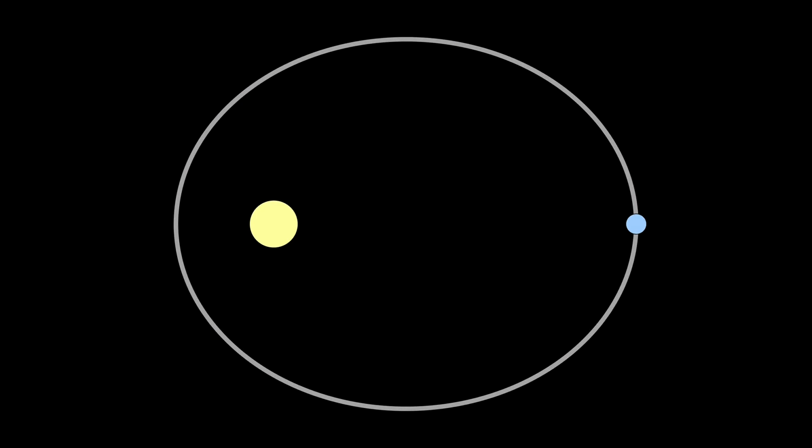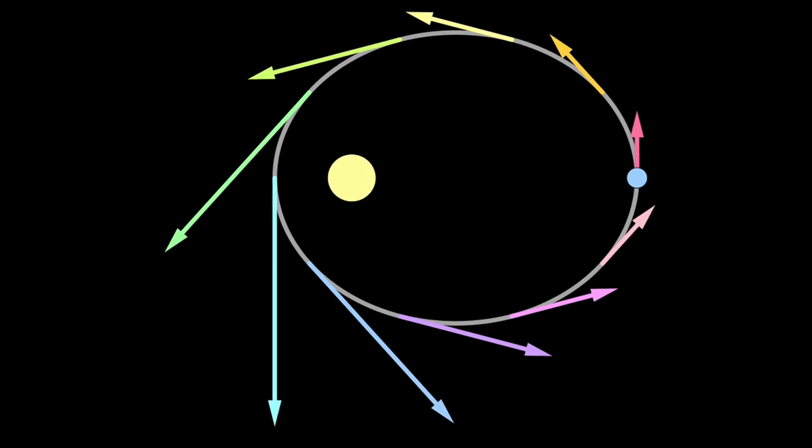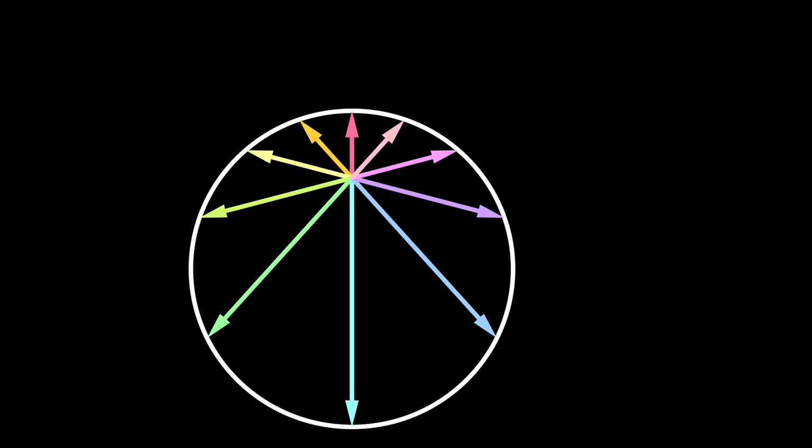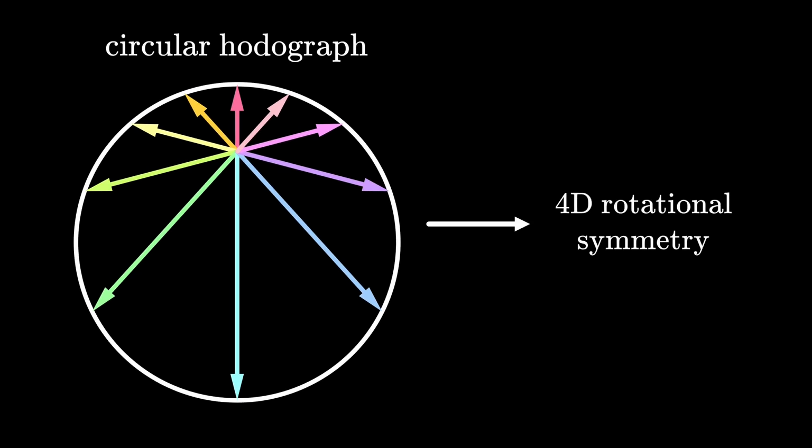In Newtonian gravity, planets orbit the stars in ellipses. Now let's take the velocity vector at every point on the orbit and put their tails together. You'll notice that the tips actually trace out a circle. This is known as the circular hodograph and is the starting point of understanding the hidden 4D rotational symmetry in